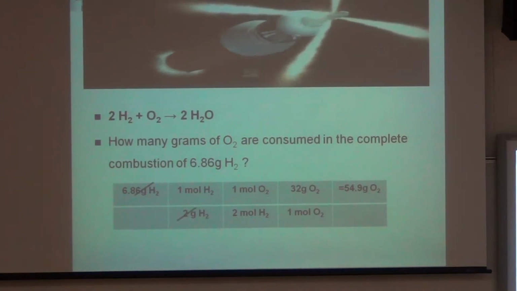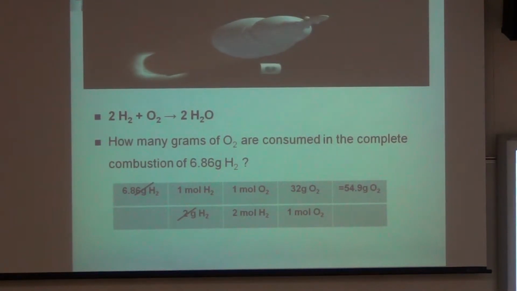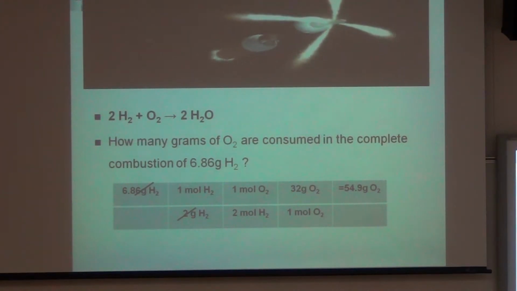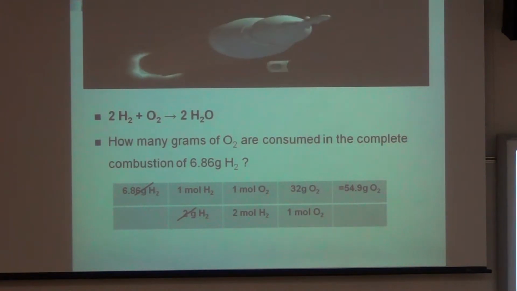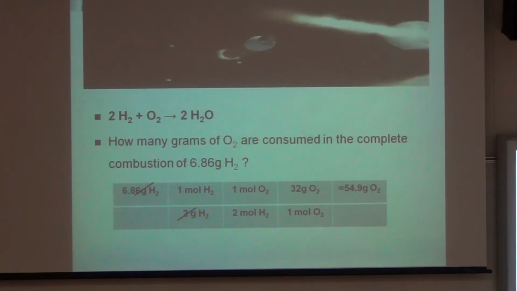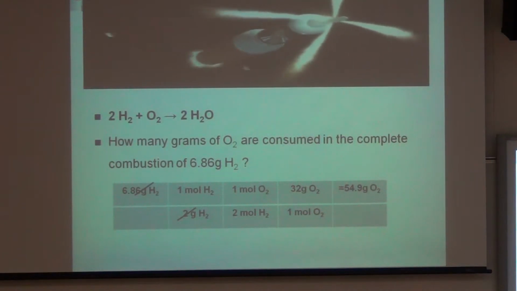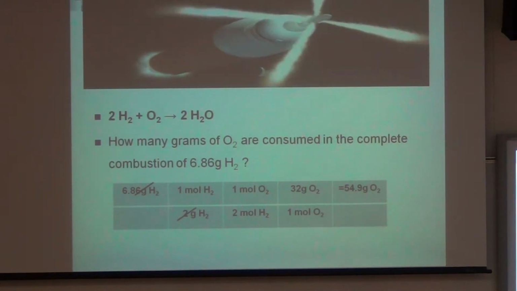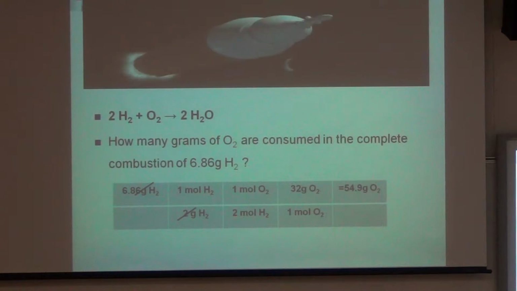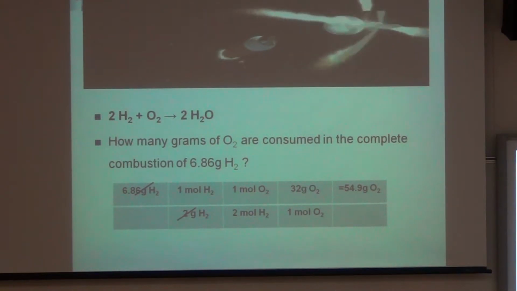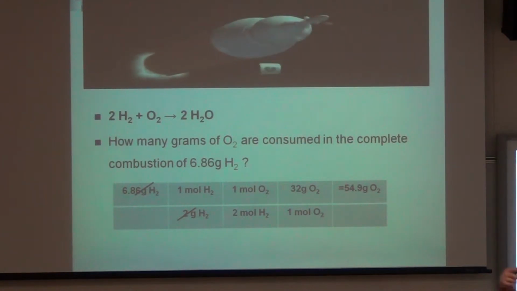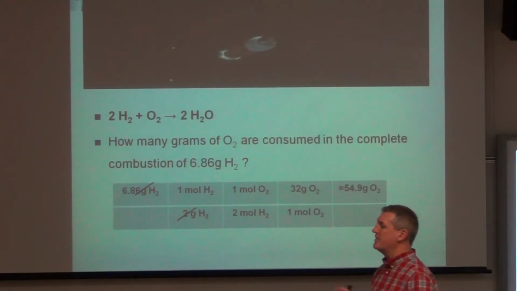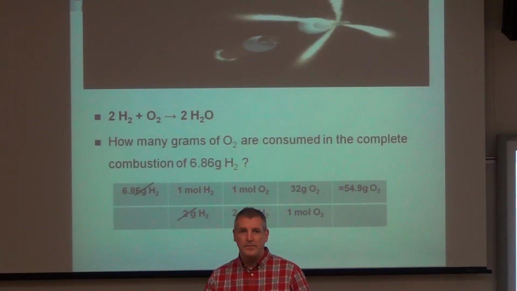So we start out with our 6.86 grams of hydrogen. For every 1 mole of hydrogen, there's 2 grams. A little more precisely, 2.02, but a number of you have asked about how many digits you need to carry out in your calculations. When we were doing the plane crash activity and the empirical formulas and all that, it was really imperative